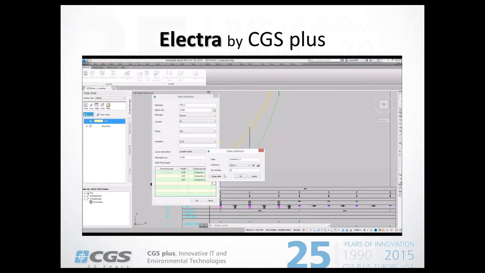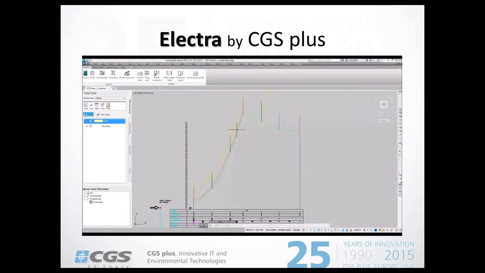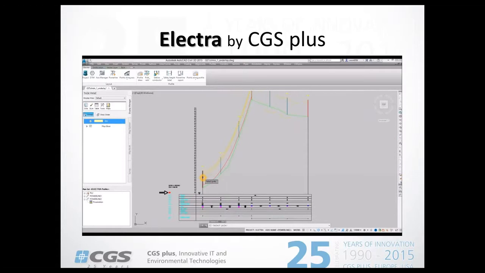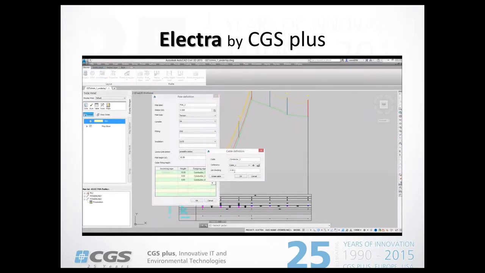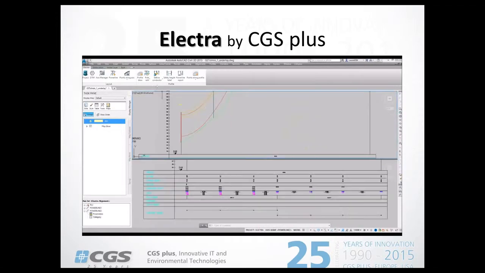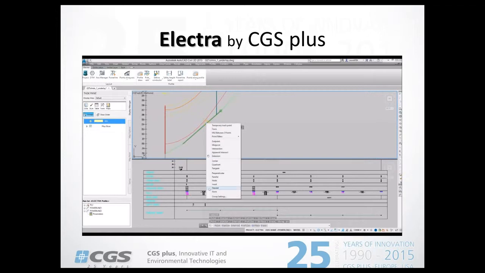What's more, we can now set the checking height. So we are now interested in the lowest cable, if it meets the requirement that it is at least 6 meters above the ground. So the red line defines where those 6 meters are. So they are all above ground, so we are safe. But also we can inspect the heights between two cables. In this case, between the upper cable and the middle one, and we can see by the line that there is not enough distance between those two cables,